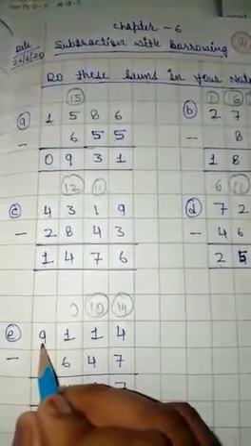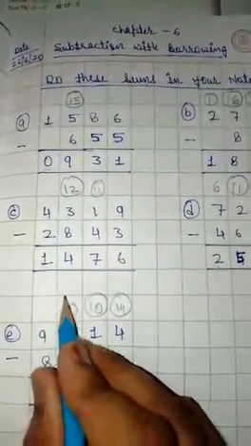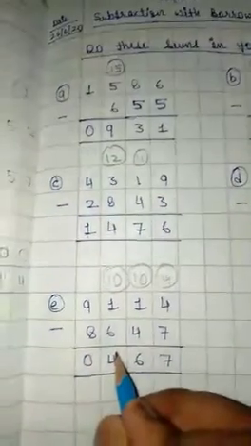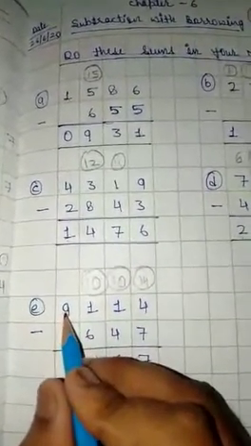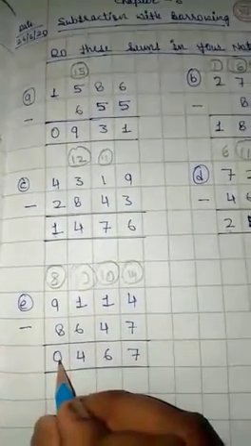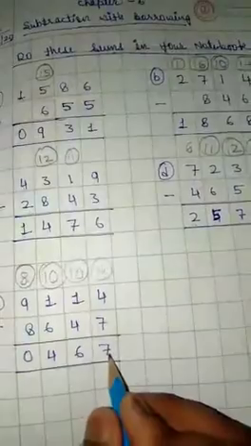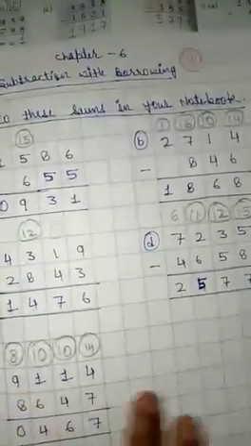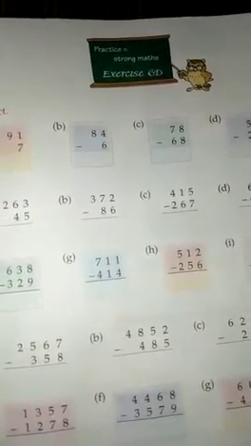And now we will take borrow from thousands place, so it will be 10. 10 minus 6 is equal to 4, so we will write here 4, and it will be 8. So 8 minus 8 is equal to 0, so we will write here 0. It is 4067. So exercise 6C, do in notebook also, and exercise 6D in the same manner as exercise 6C. So more strong practice, do yourself in notebook. Thank you, class.